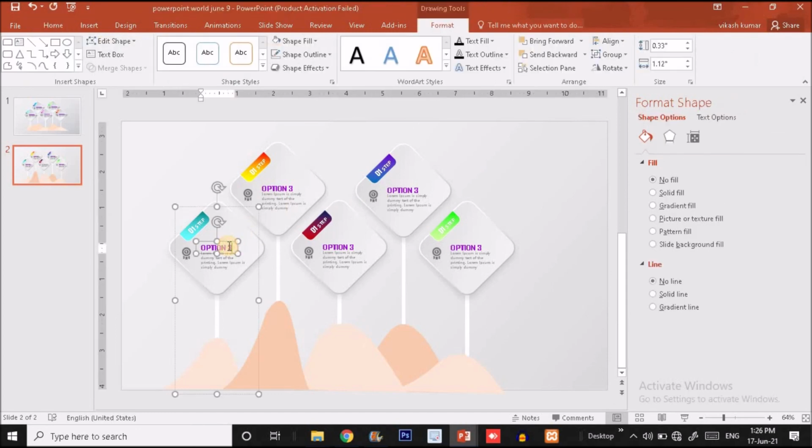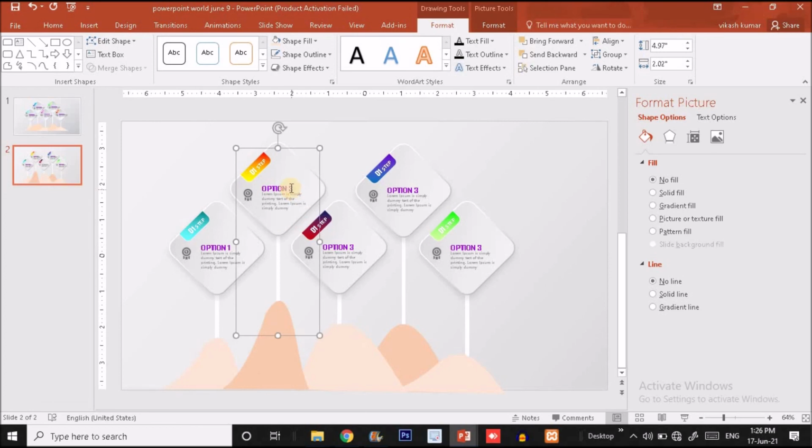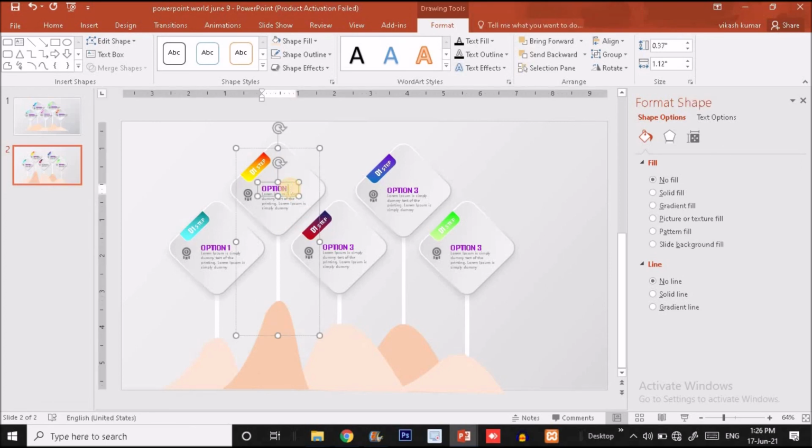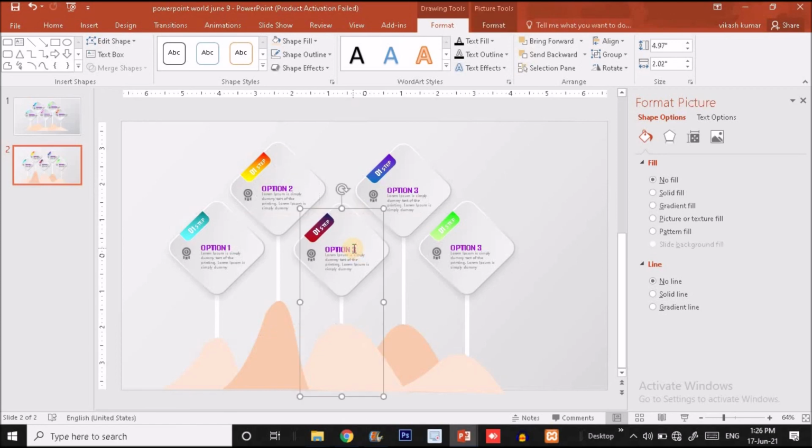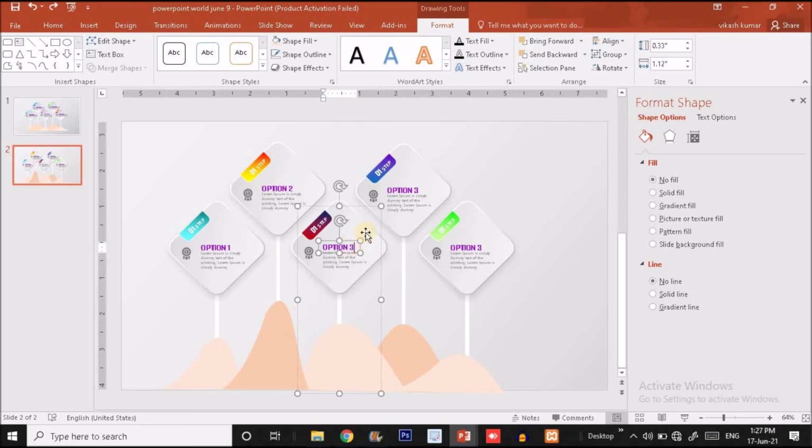Okay, guys, so now we have to change the text. Like I'm going to make it option 1. This will be our option 2. This will be our option 3. This will become our option 4. And this will become our option 5. Okay, so you have to do the same thing.